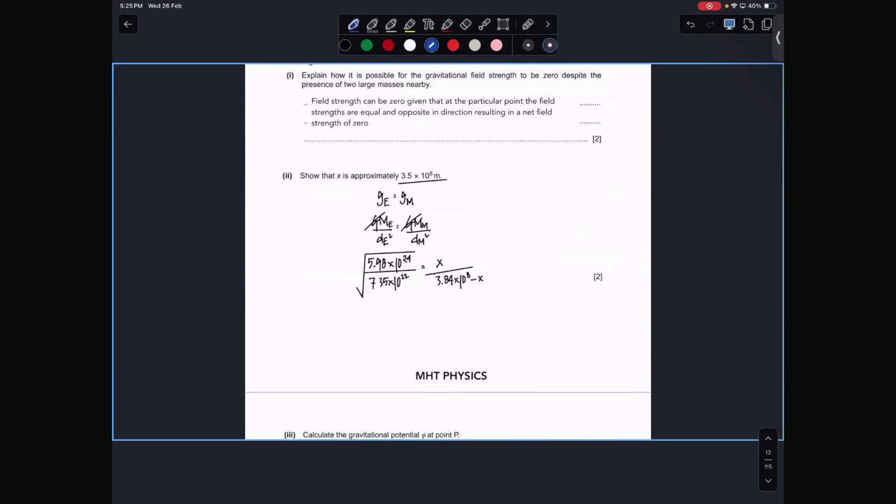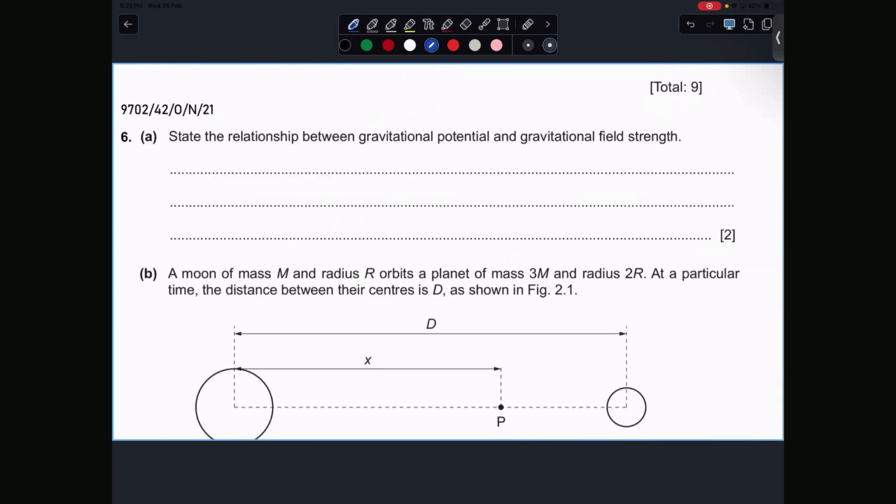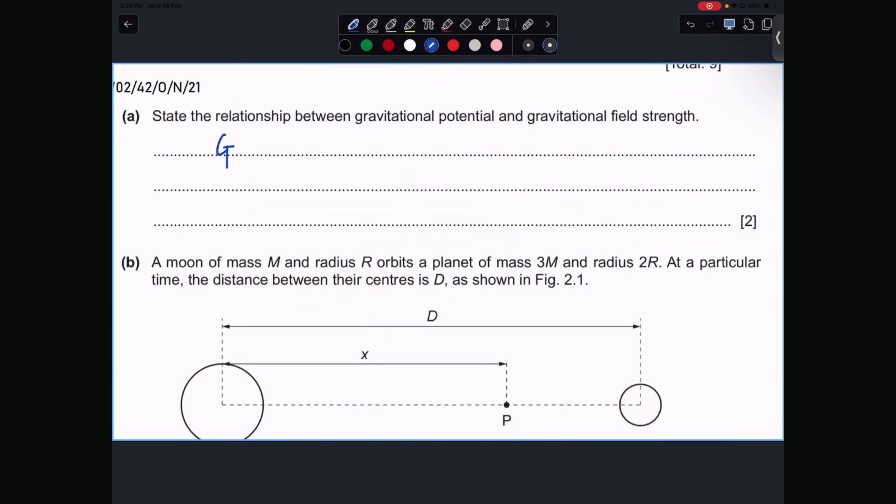State the relationship between gravitational potential and gravitational field strength: gravitational field strength is the negative gradient of